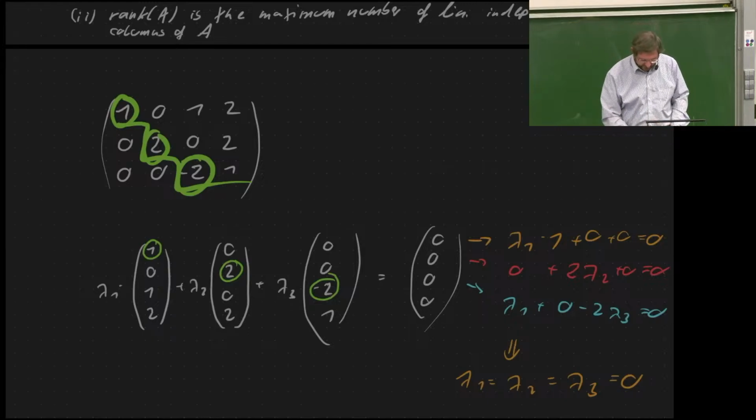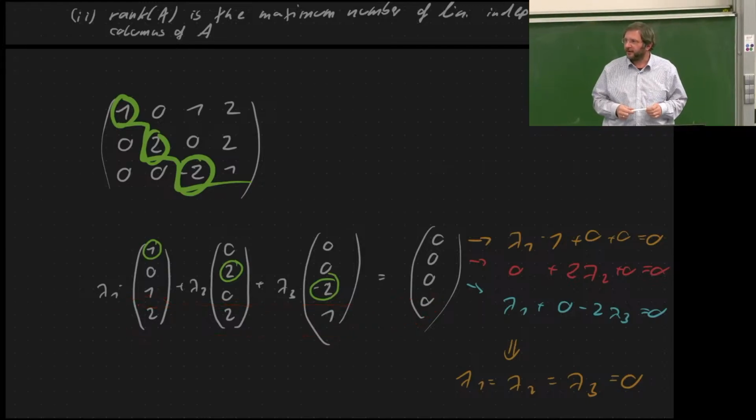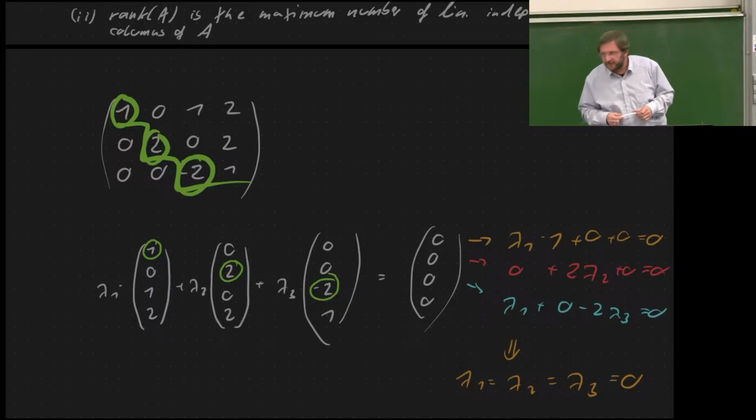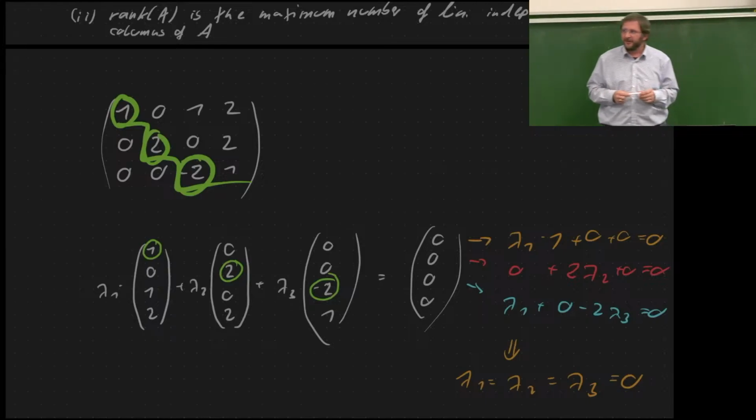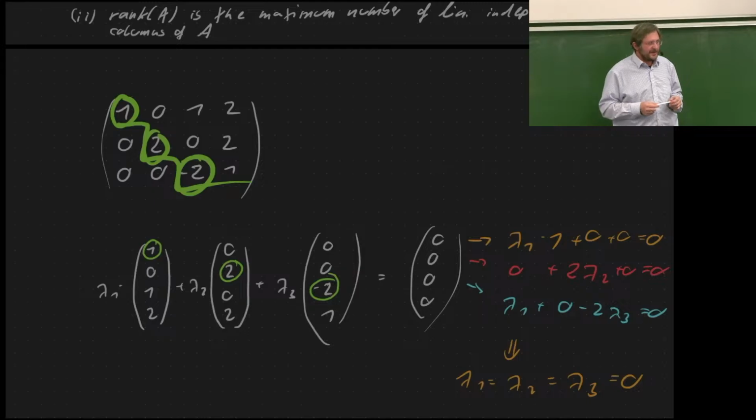I didn't even look at the fourth one, right? So this here is the fourth equation. I don't even need that. The first three already suffice to get an immediate solution. And of course, it will solve the fourth equation as well. Setting everything to 0 always works, but I don't even need to touch that one to get my solution. Right? So my point here is the pivot elements will do, and they will always yield that same solution, 0,